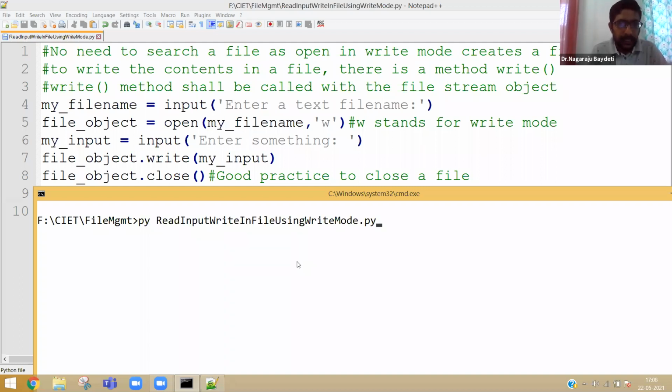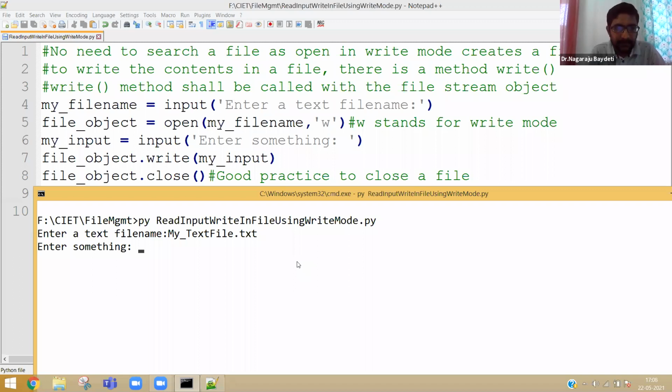Read input, write in file using write mode. Enter a text file name. It is asking me where I need to write. For example, my_text_file.txt.